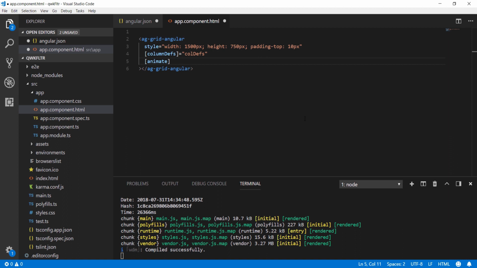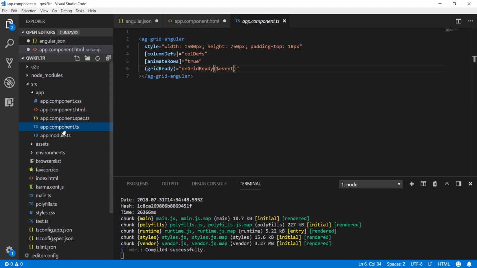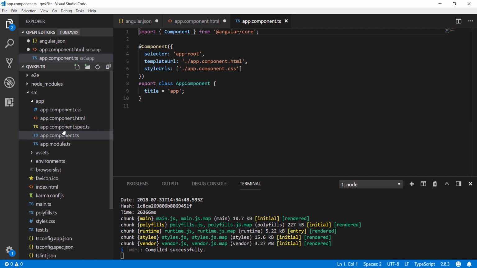We will set animation equals true for better user experience. And on grid ready we will call the onGridReady function and pass the event. And in app.component.ts